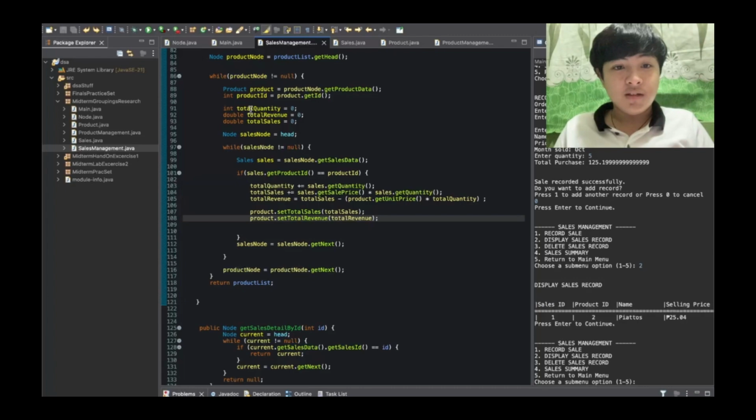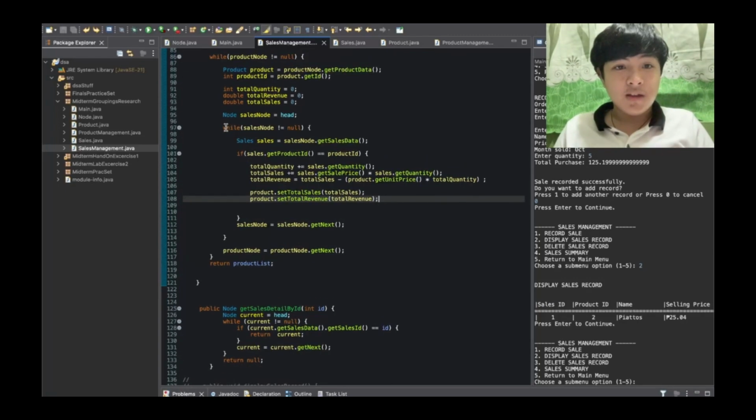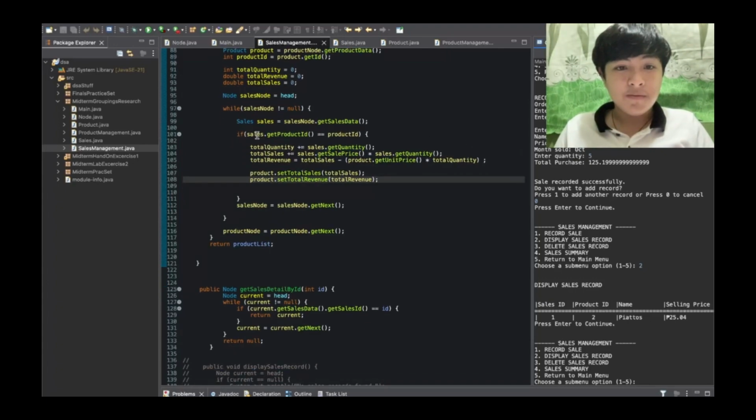You can see here, these are the counters. And now another while loop, and we declared a sales to get the sale data. For example, CJD here, who bought the Piatos, and we get his ID, right? His information about his purchase, about him, and all that. So now let's go to if.